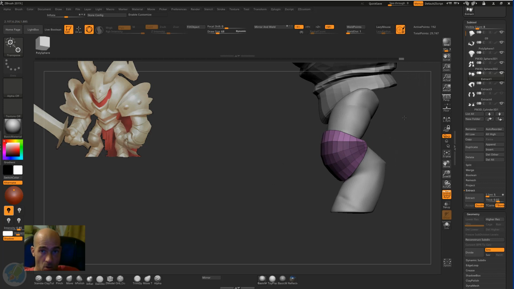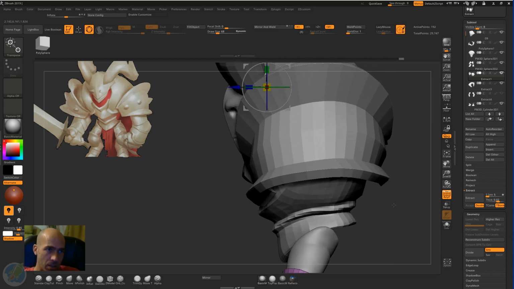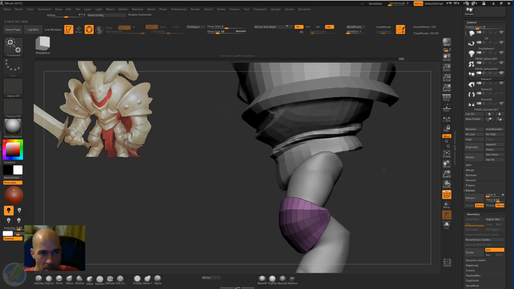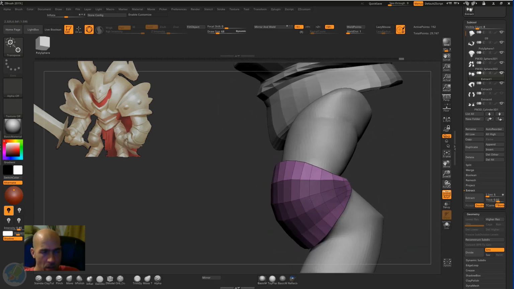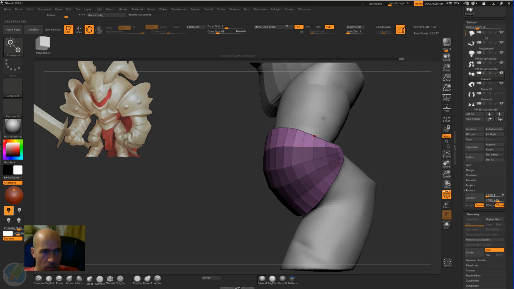If you press W and your pivot is not here, it's someplace else. Yeah, it's there. But if you cannot see the pivot and you need it to be here, you just alt click somewhere on the model. Even here we can, no, it's not that. So alt click on the subtool, yeah, and then the pivot will appear, but you have to adjust it because it will appear